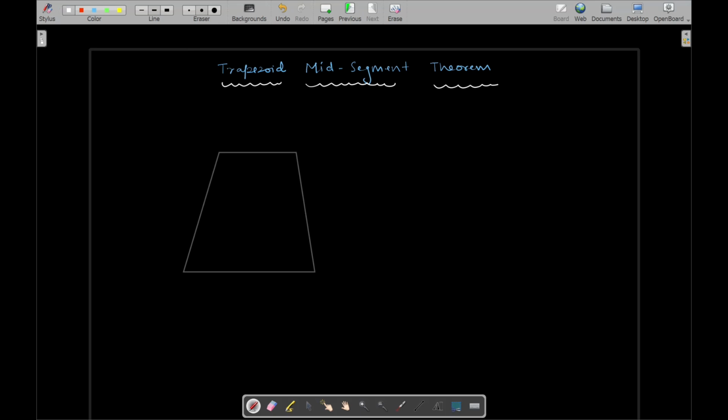Okay, we have this trapezoid, and from mid-segment you can remember, you see the legs of the trapezoid. You have to take the midpoints of the legs. First of all, let's name the vertices A, B, C, and D. So this is going to be the midpoint of AB, and this is going to be the midpoint of CD. Let's call these X and Y. Now, if I connect these two midpoints,